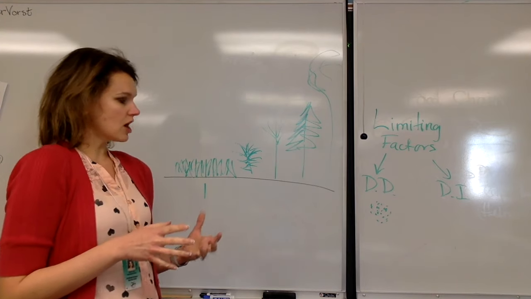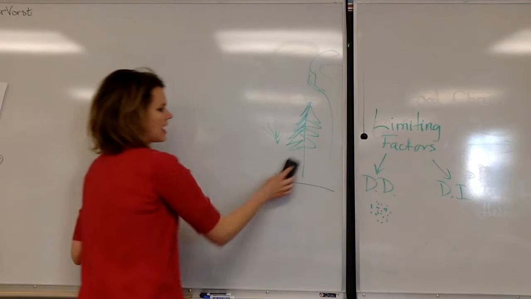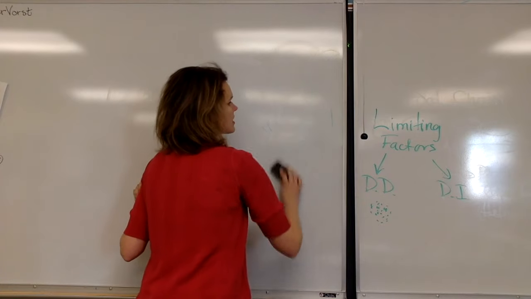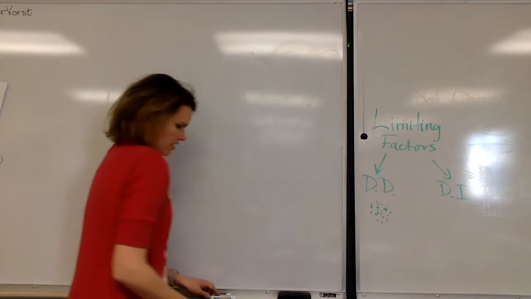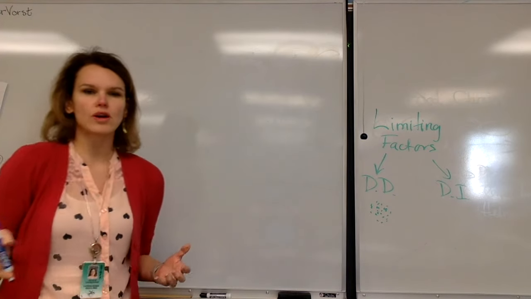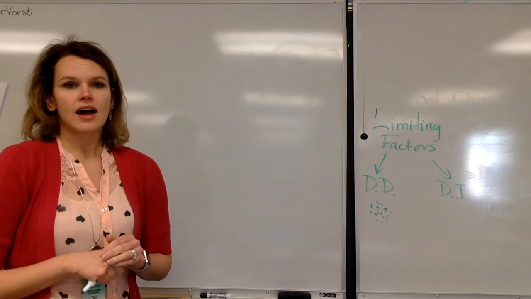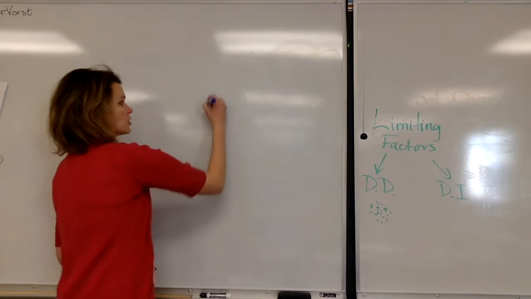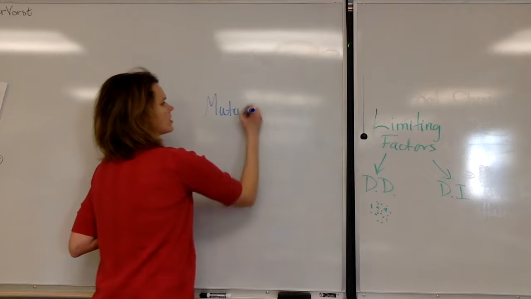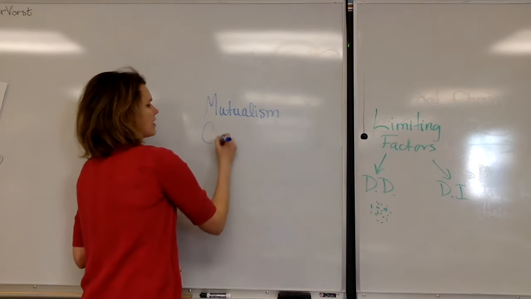Some things that I want to talk about in communities. Communities, remember, are biotic and abiotic factors. We have some symbiotic relationships that occur. Whenever you have organisms that live in an area, they are going to relate in some way. Whether that be something we call mutualism, where you have two organisms that benefit from each other, whether you have